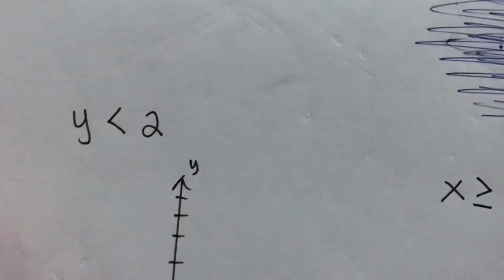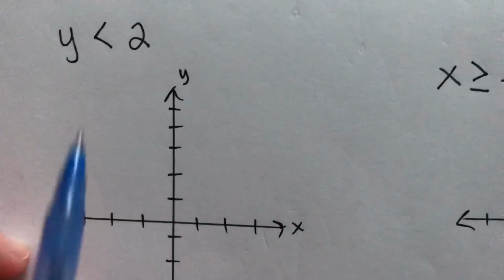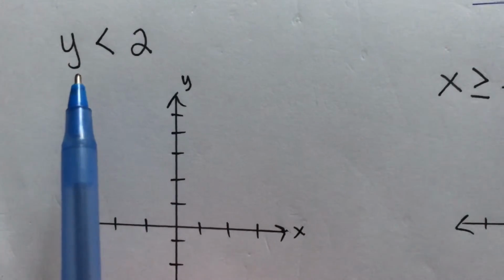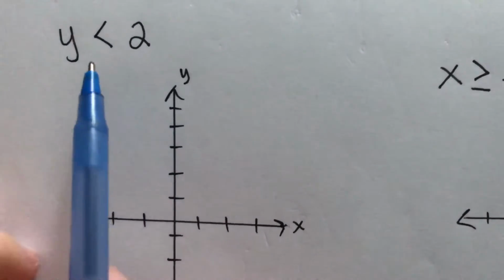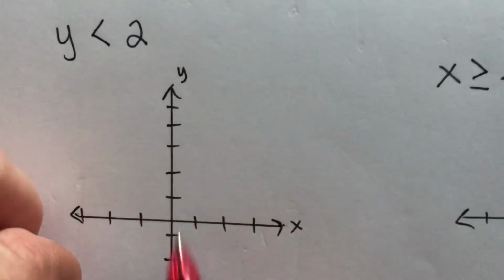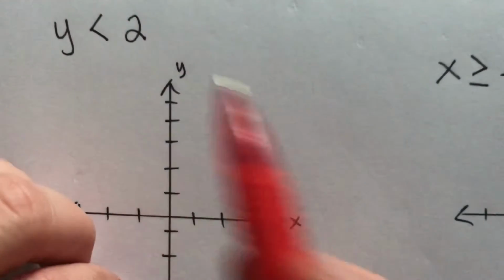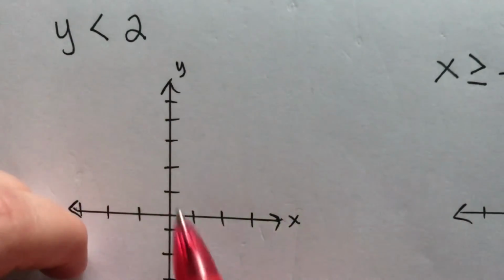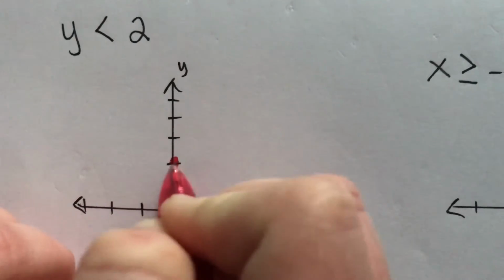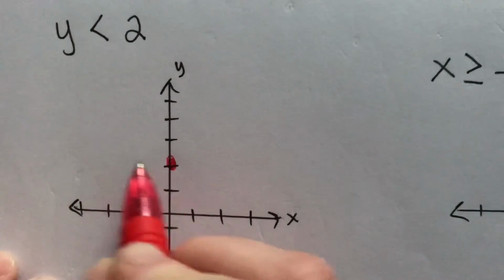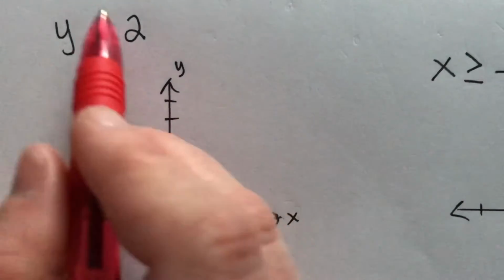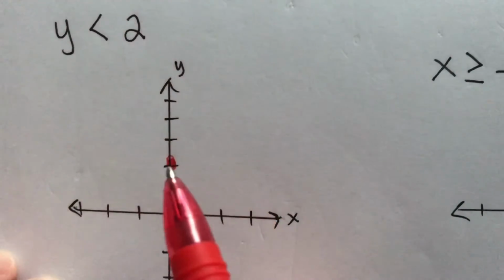All right, and then the last kind confuses people because they are horizontal and vertical lines. How do I shade? How do I know which way is greater or less than, right? So if I graphed y is less than 2, on my y-axis, whenever I have just a y, that's going to be a horizontal line. On my y-axis, I'm going to start at 0, 0 and go up to 2 and put a dot. Okay, and then normally I would just draw a horizontal line through there, right? So I'm going to do that, but I have to know if it's dotted or solid. In this case, it's going to be dotted,